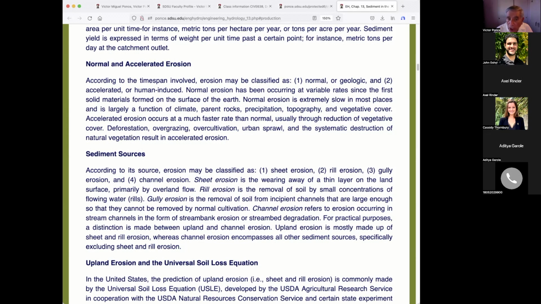Accelerated erosion occurs at a much faster rate than normal, usually through reduction of vegetative cover. Reduction of vegetative cover? What are you talking about? Well, human beings are experts in reducing the vegetative cover. We've been reducing the vegetative cover for almost, I would say, 3-4 million years. Yes. Well, let's not get anthropologic here, but when the first species got out of the trees and they ended up in the prairie,